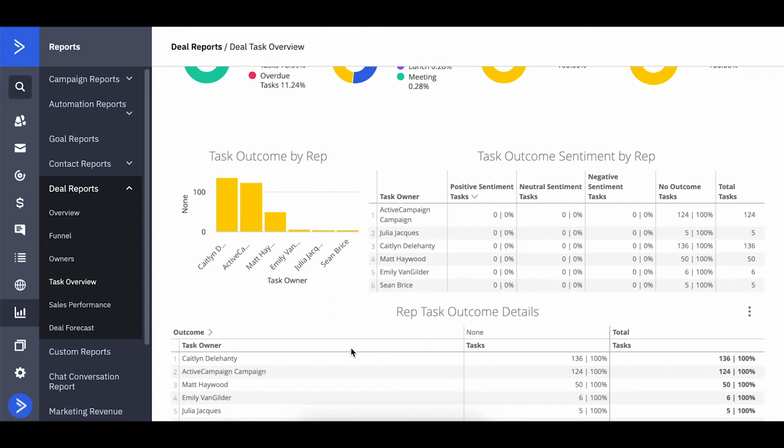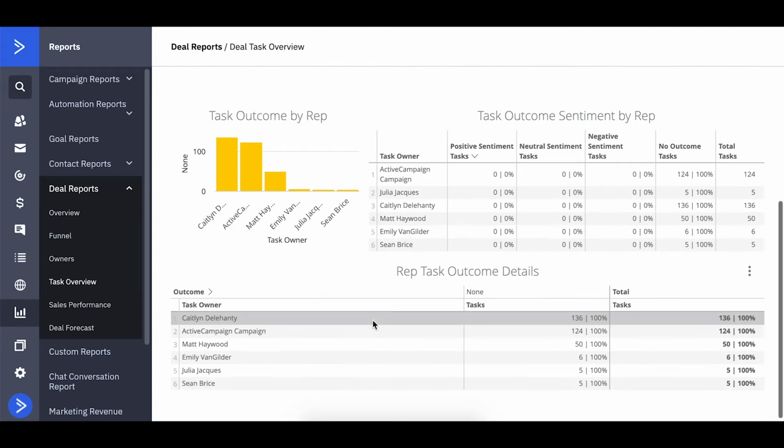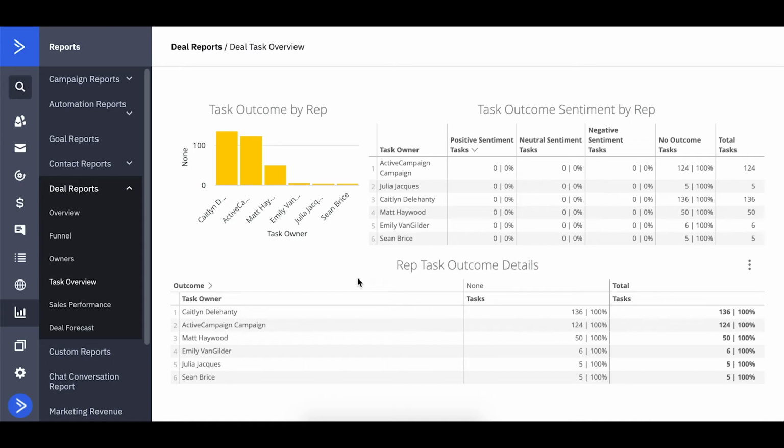And then we have a breakdown by representative, so by user. We can see the amount of tasks completed by each user and more information on each user's activity.